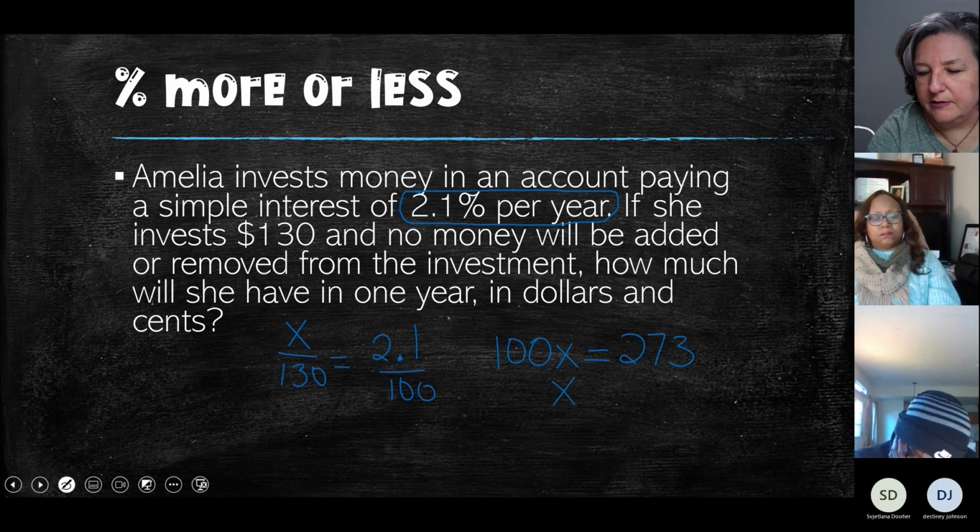So x equals 273 divided by 100. X equals